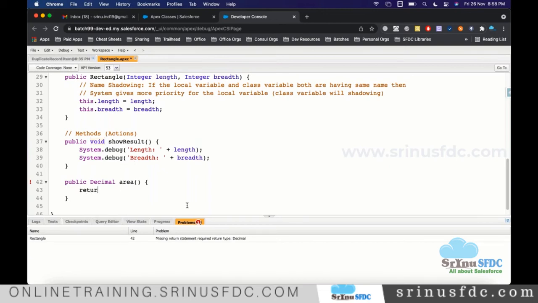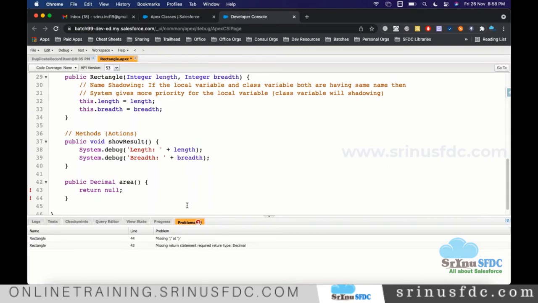Now I'm saying return. Most of the time we don't know what to return, and we want to bother about what to return later. So to save it quickly, to satisfy the syntax, I'm just giving null for now. Null means nothing.